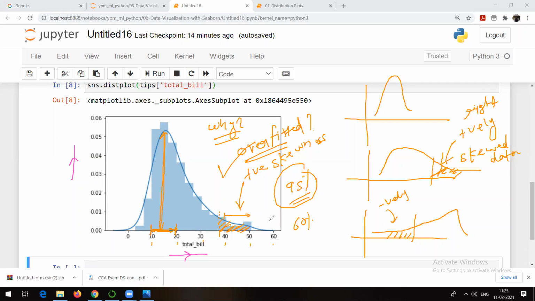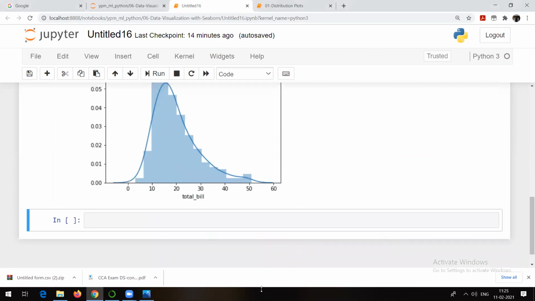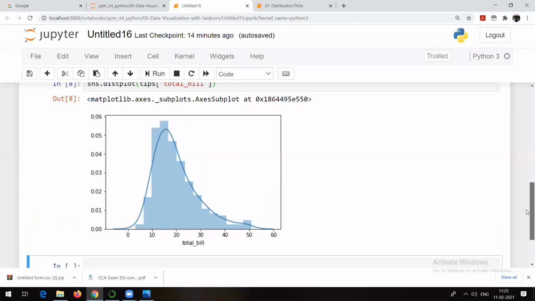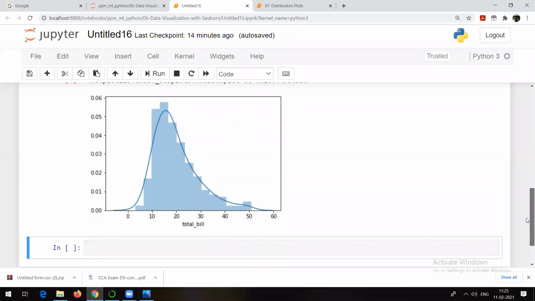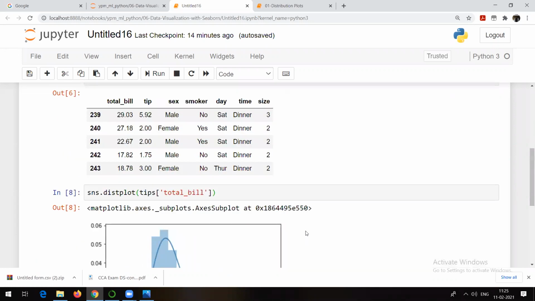So that's why one needs to take care of this skewness, and this distribution plot shows us the skewness in the data. Let me tell you one more thing. If anyone has any doubt in between, just let me know. You can stop me anytime. You can unmute yourself, I have given the access. Let me know if you are already aware of it and already covered. So that is the basic purpose why one needs to know about the distribution plot.